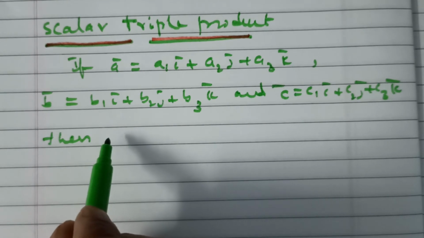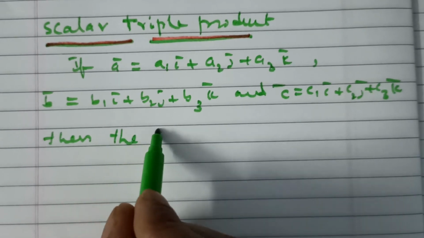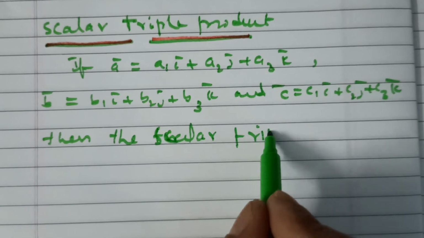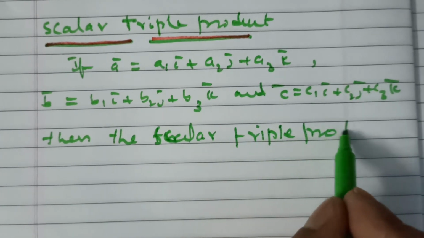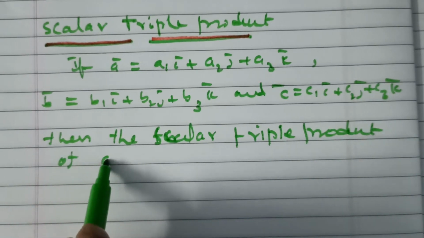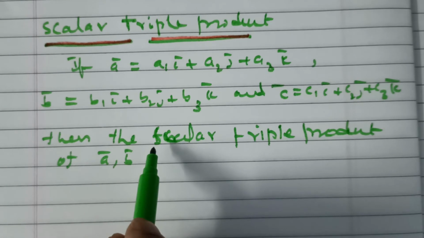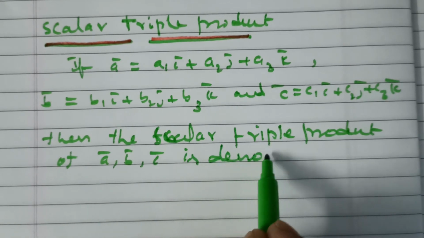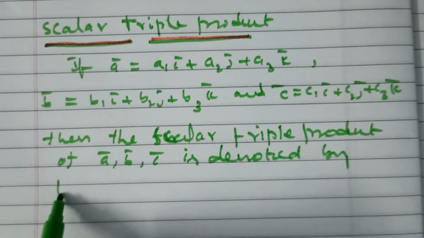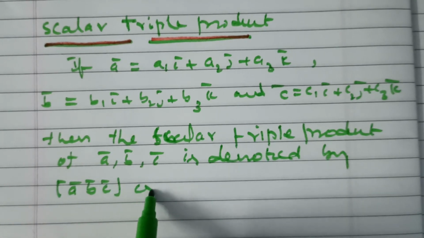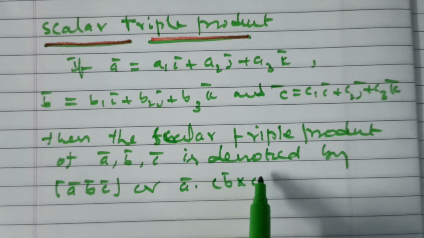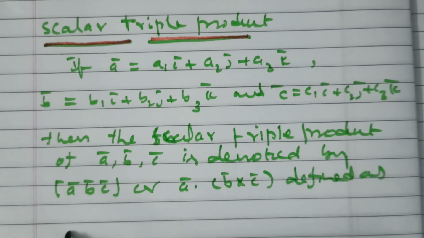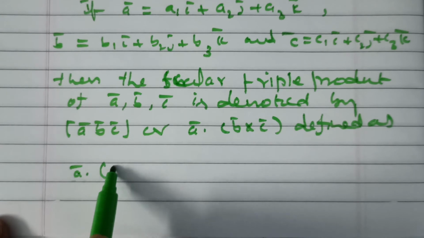The scalar triple product of A bar comma B bar comma C bar is denoted by box of A bar, B bar, C bar, or A bar dot of B bar cross C bar, defined as A bar dot of B bar cross C bar is equal to